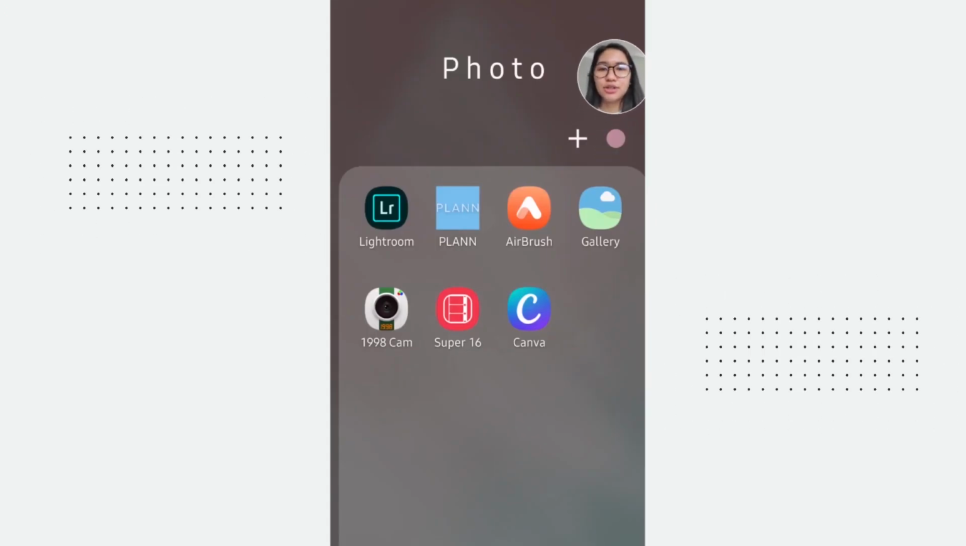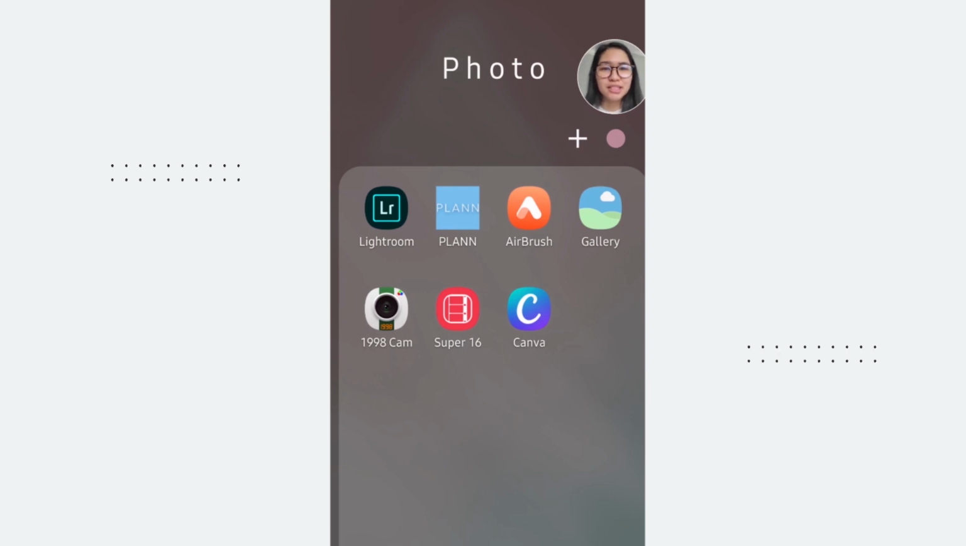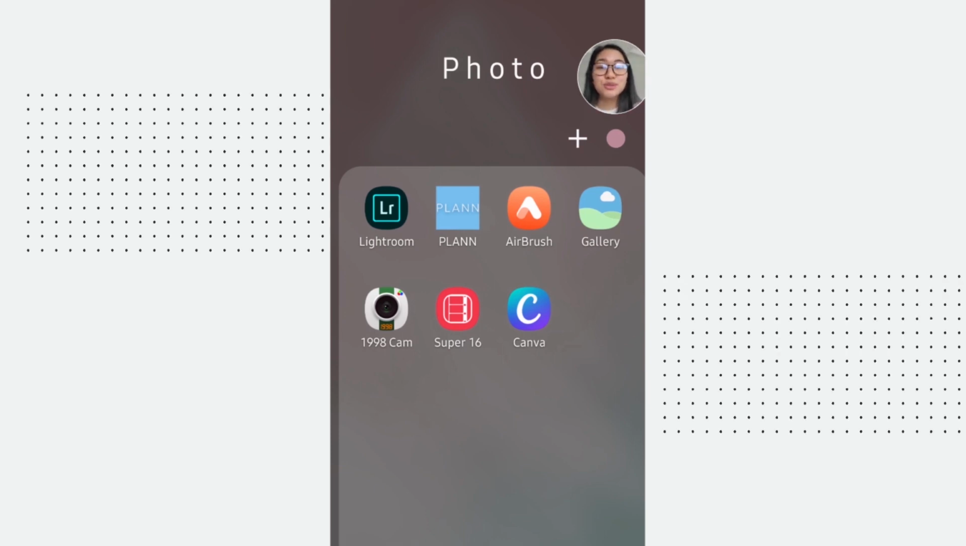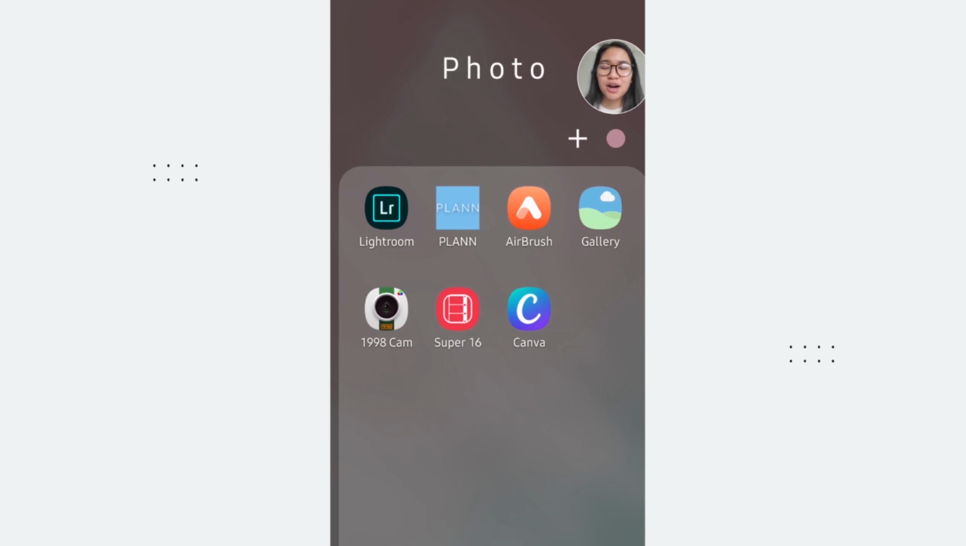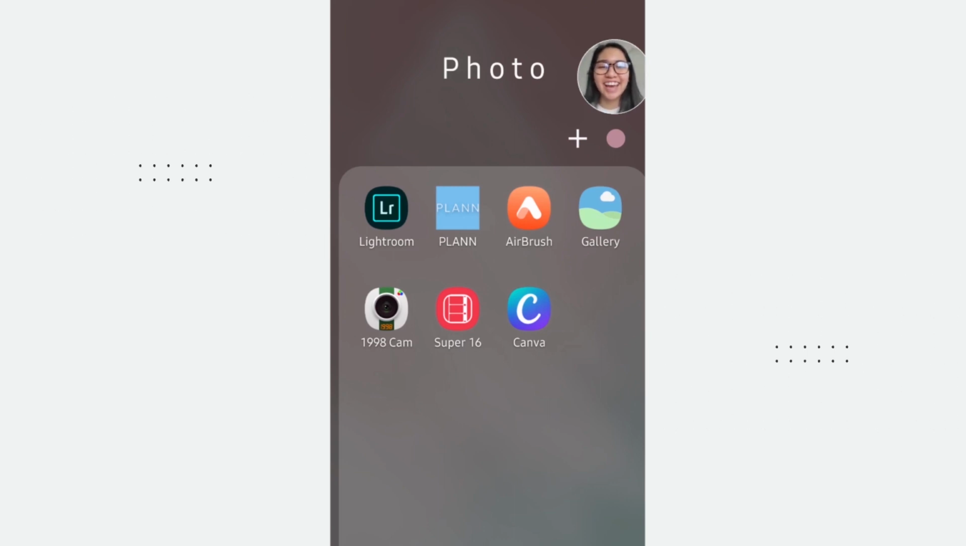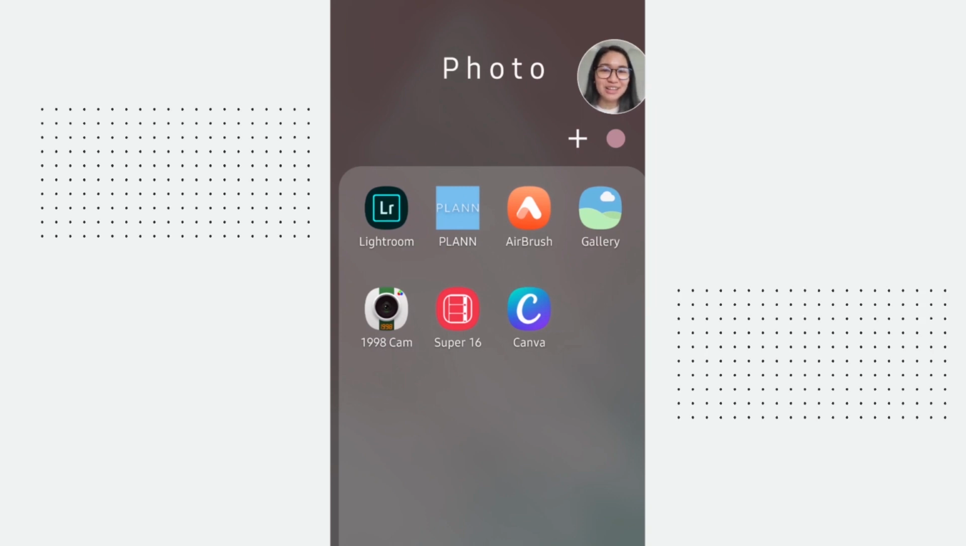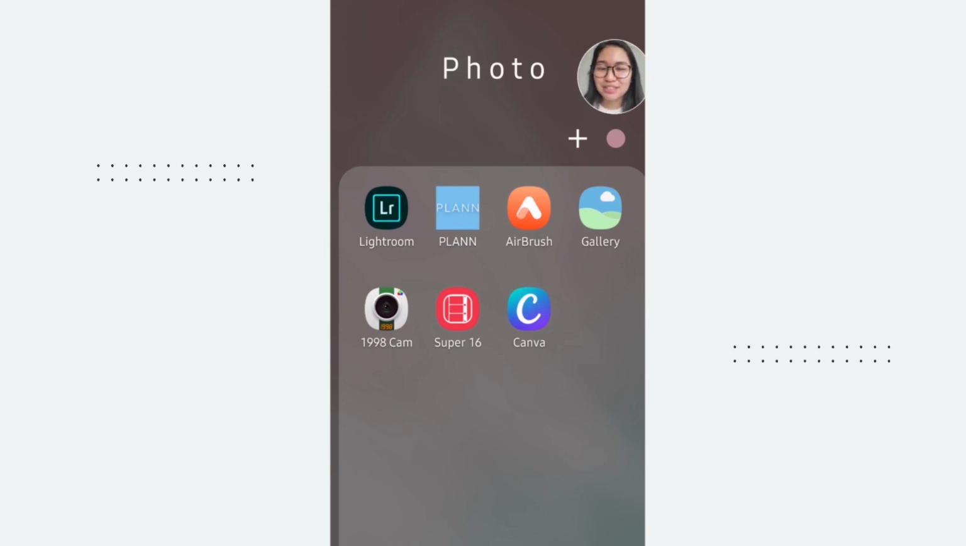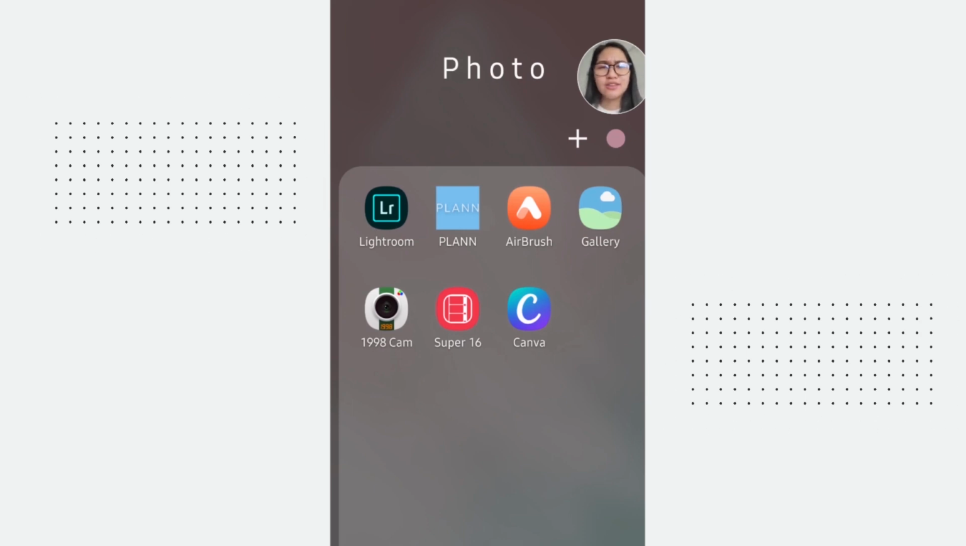I have Lightroom, which is where I edit my apps for the most part. Or what did I just say? Apps? Oh my gosh. I meant to say it's an app that I use to edit my Instagram pictures, and also thumbnail pictures. I have Plan, where I can see my feed,